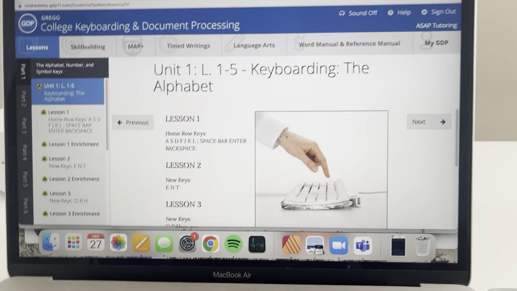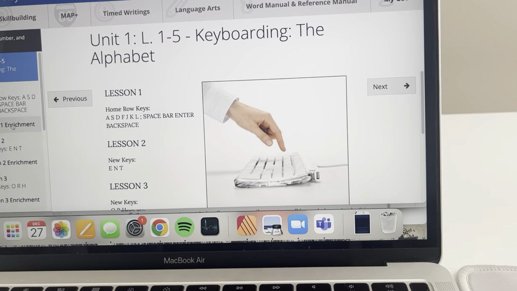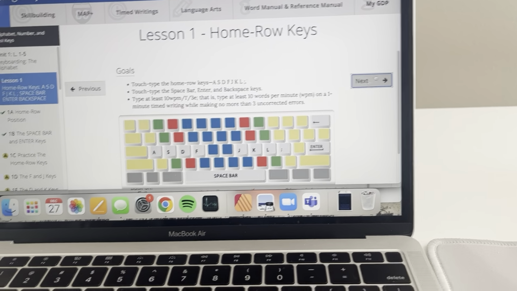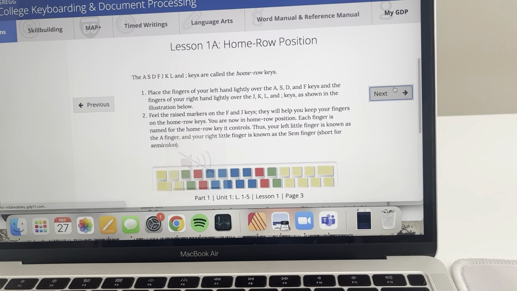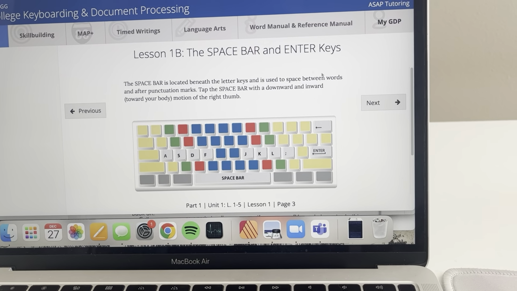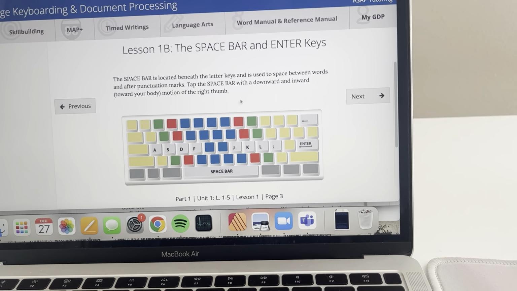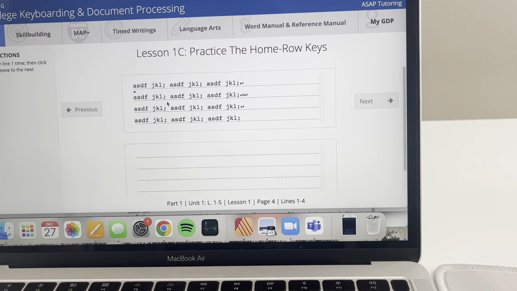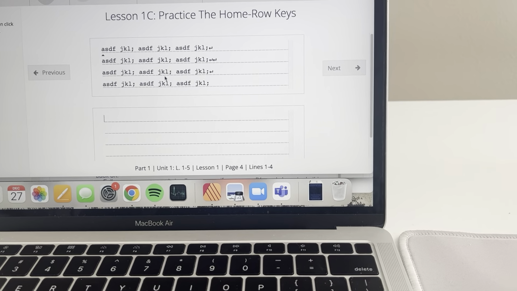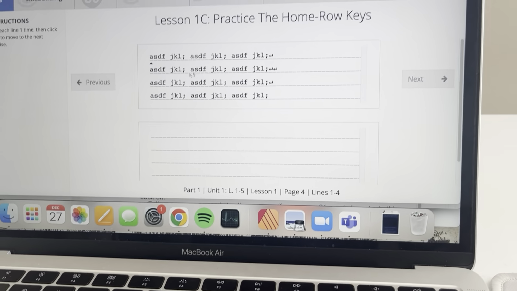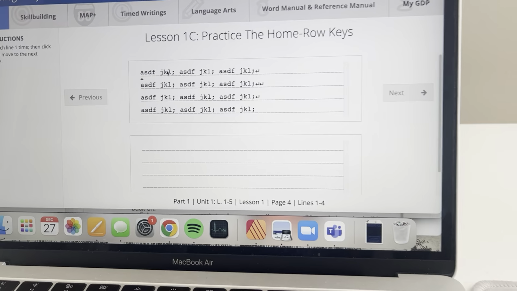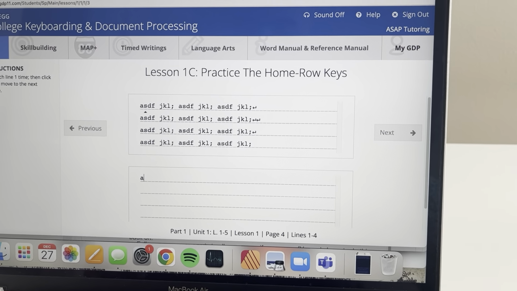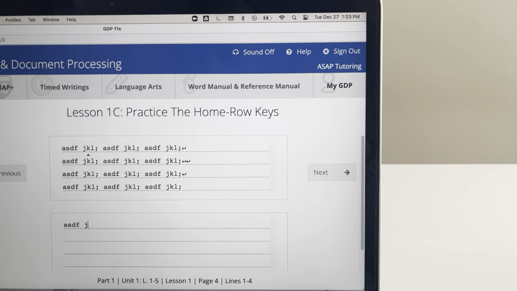And basically what you're going to do is just go in order. So what I'm going to do is just show you, right? You start at lesson 1, you click next, next again. These are just giving you basic instructions for how to use the keyboard. And then eventually you'll come to an exercise that you're going to complete. So when you start off, it gives you the letters that you're going to be typing, right? So here, for instance, I'm going to click here and I'm just going to type these, ASDF, right, JKL, and